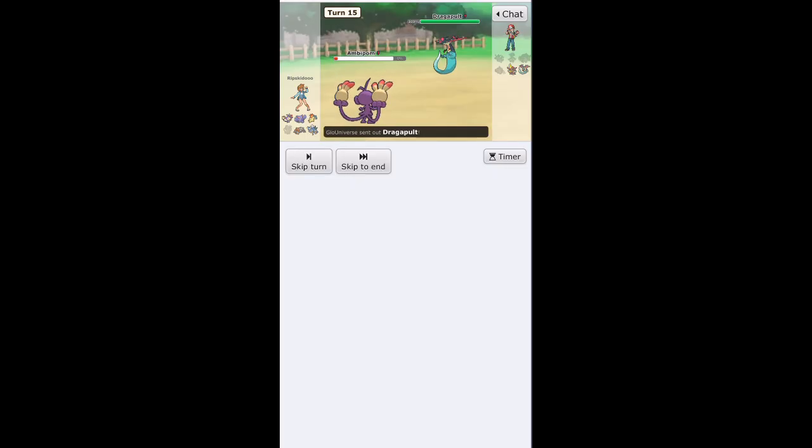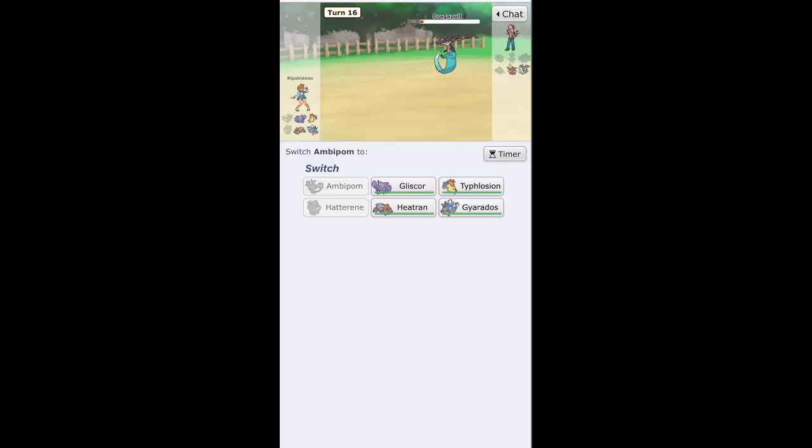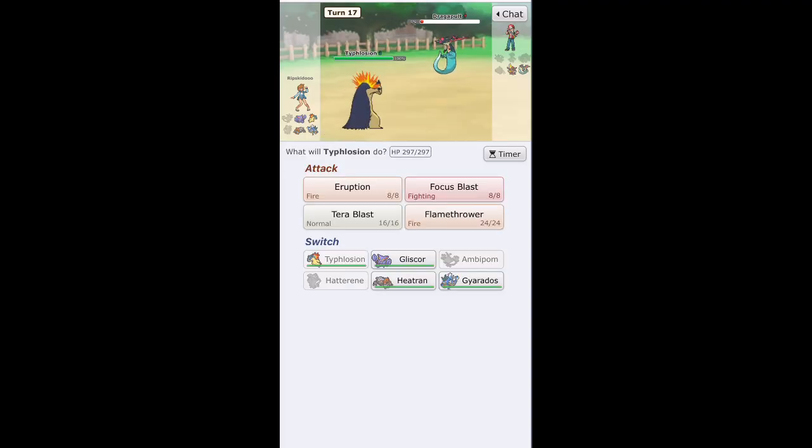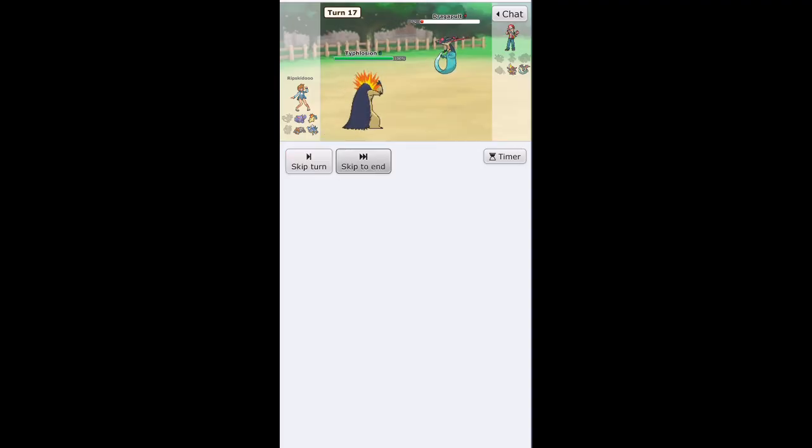At the same time, because of the hitters on the team, you see that? He Shadow Balled, but at that point, just give up, dude. Why are you Shadow Balling an Ambipom? It's probably a Choice Specs Dragapult, so... oh, it's not, so, again...